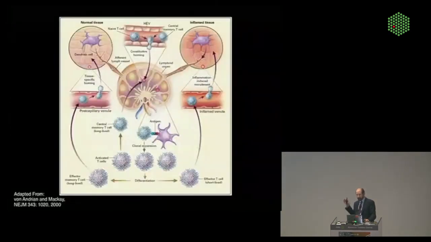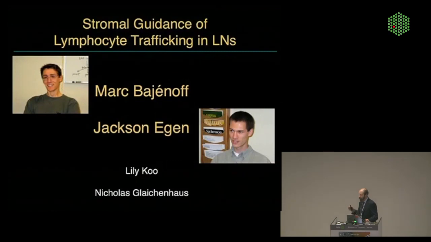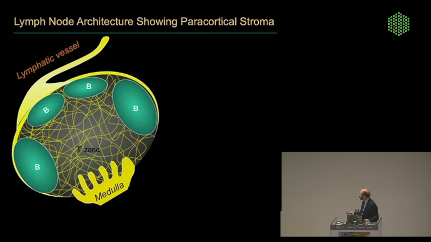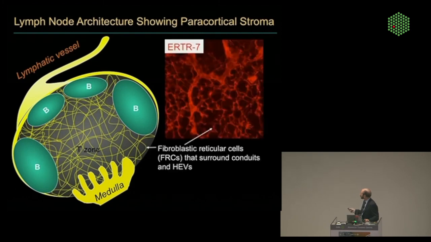So if we go back now to thinking about what I told you here of how everybody does their job and have to find each other, but also now this finer-grained structural organization, we have to think about how the cells are moving around and how long it takes for them to find their relevant targets. And so I want to back up a little bit and talk just a little bit more about how cells migrate around in the lymph node. There's this fibroblastic reticular network here that I've shown you previously. If we perfuse fix the system,